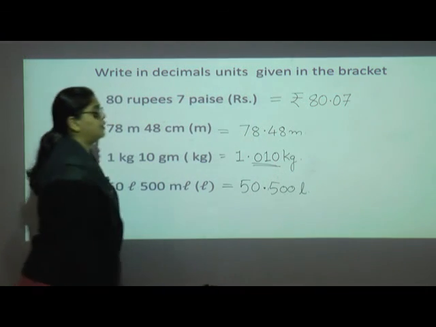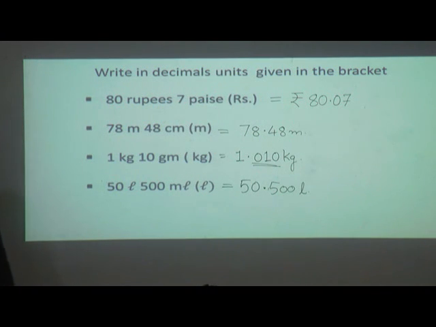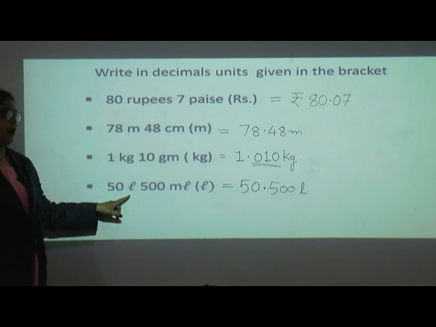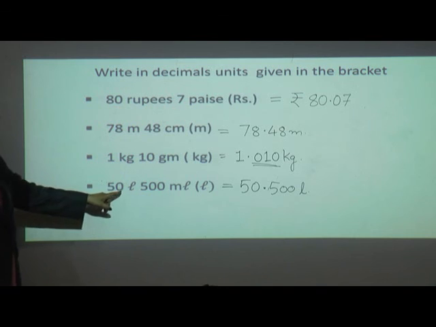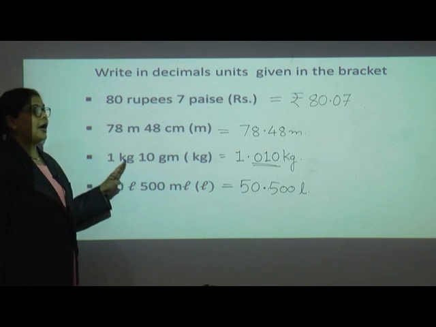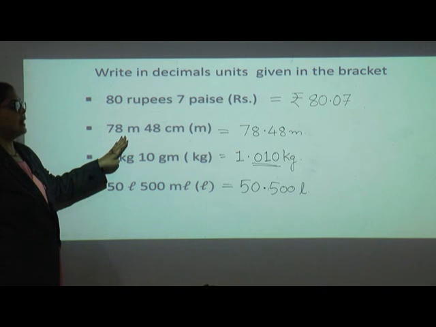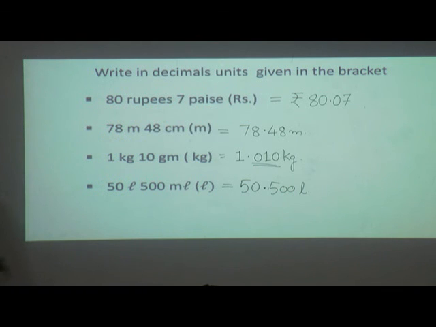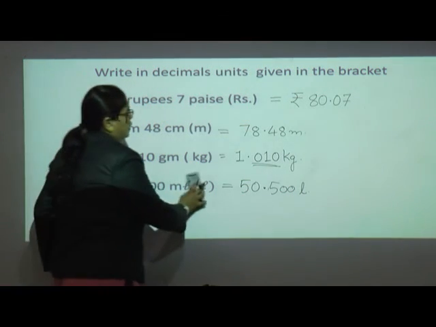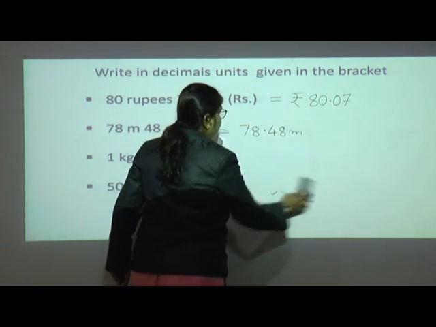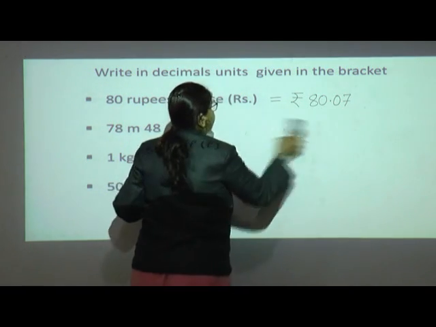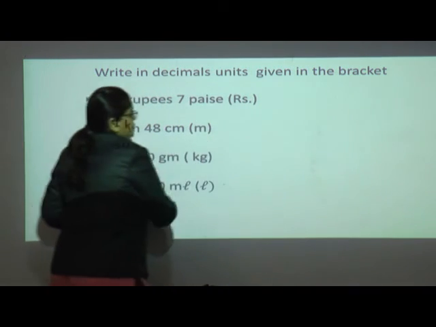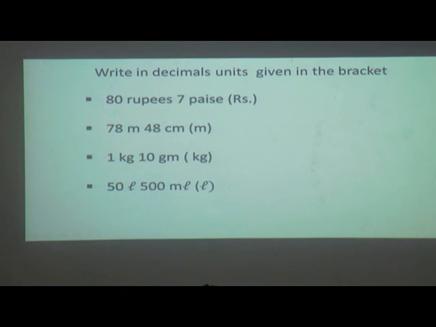So here we require a quantity of 50 liters 500 ml of milk, juice, whatever it is, where liters are used as capacity for liquids. Here we are using weight, here we are using distance, and this is the unit we use for money. I hope, my dear students, everyone understood all the different types of examples we covered, which we use in our practical life, where we use all these conversions in our daily life.